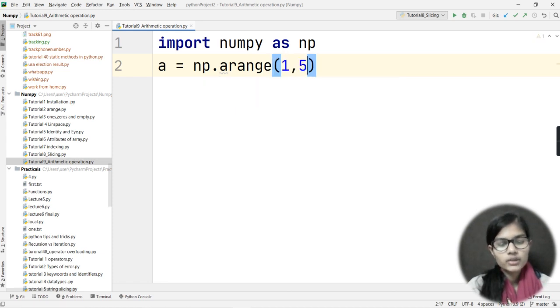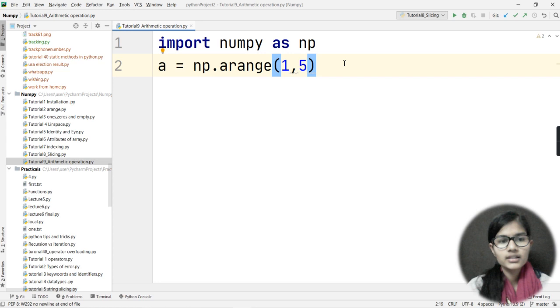So I have already told you about the functions which we can use in the creation of NumPy arrays. From the start of this NumPy tutorial series, I have told you what the different functions and ways are in which you can create NumPy arrays. This arange function is one of them, used for the creation of an array. If you want to know more about arange, you can go and watch my tutorial 2 and have a look at that.